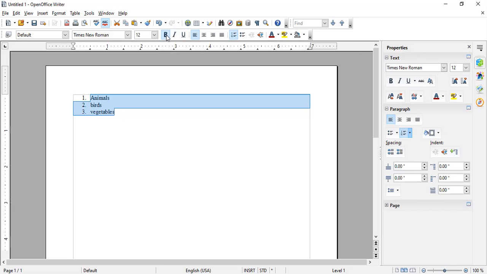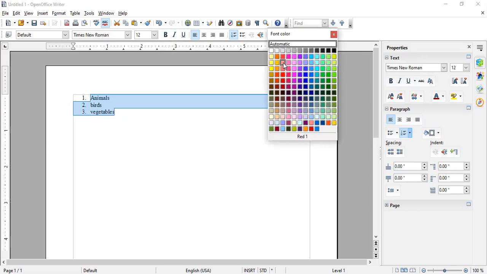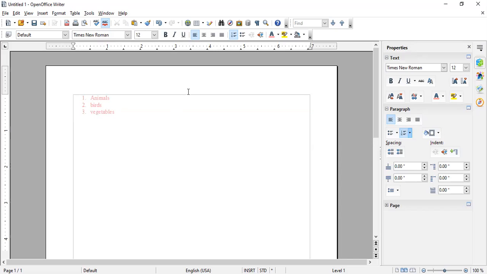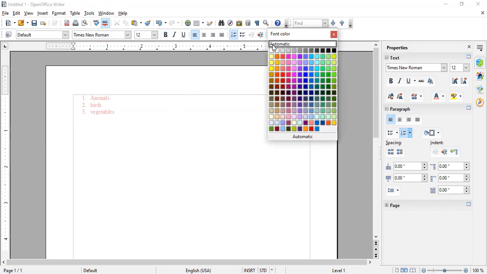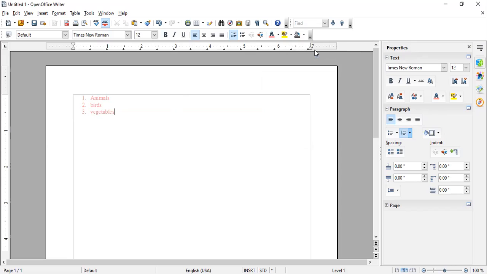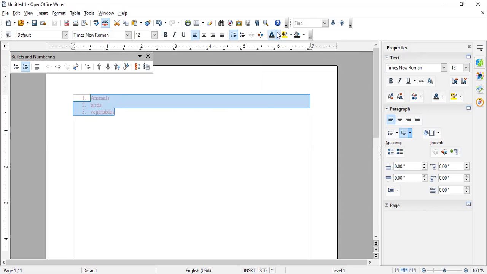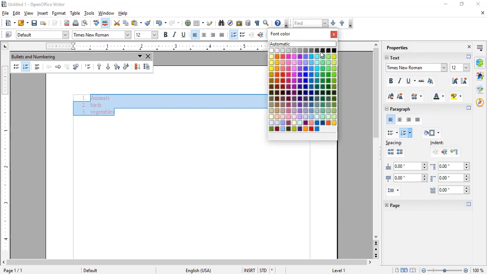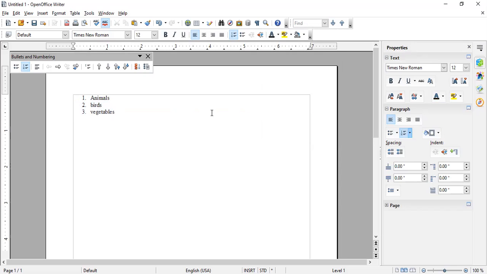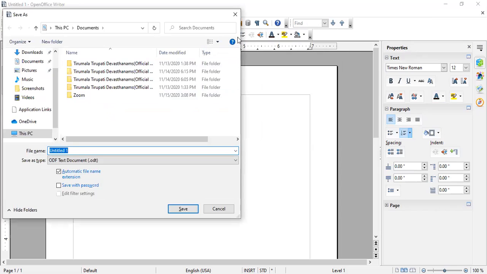Clear? Next, for example, if you want to change the text color. See, this particular one is the icon for changing the text color. When you click on the drop down menu, you can change the color also. If you don't want the color, click on it again. Select the black color. Okay? Understood, children, how you can change your color? You should select the text and then apply. Otherwise, it will not be applicable.